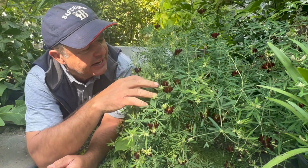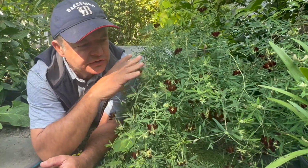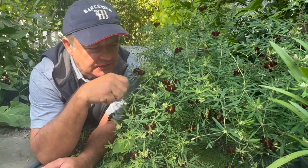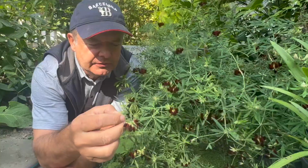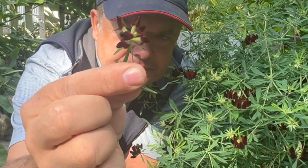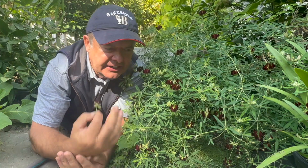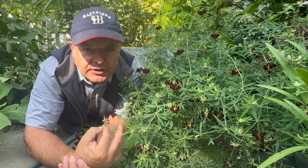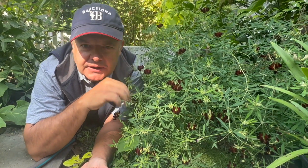You've got the very delicate foliage, which is quite dense. It's not see-through or stark. Slightly pendulous, but topped off with these beautiful chocolate, deep, deep burgundy compound flowers. Very elegant, very, very tasteful. Not in your face like red or orange or yellow, but this muted color with this foliage I think is